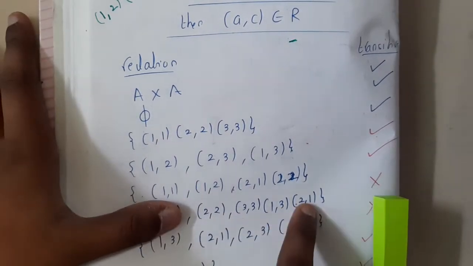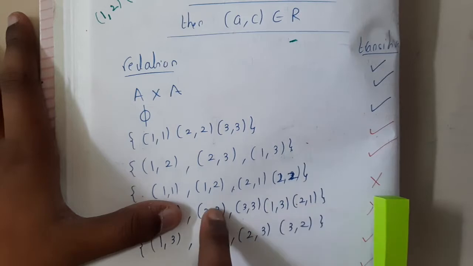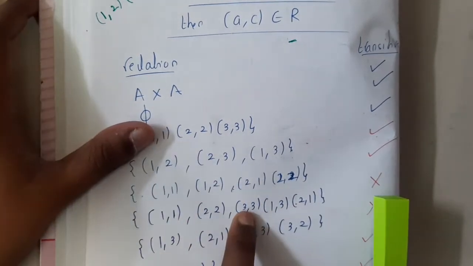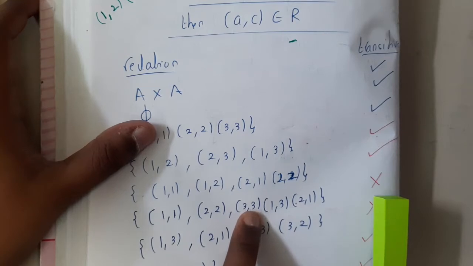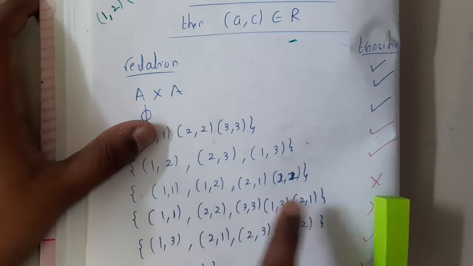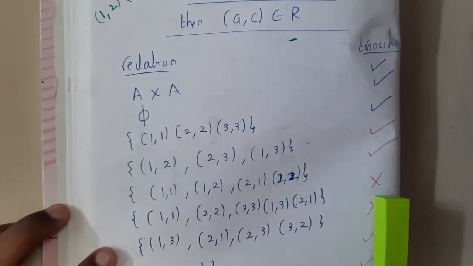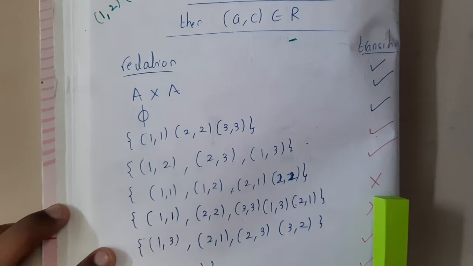So 2 2, the initial part is matching here. So 2 2 with the 2 1 gives nothing but 2 1, so it's already there. So this part is also almost done. 3 3. There is nothing to match with 3 3. Okay, so then why is it not transitive? Did I write it in a wrong way, or is it not really transitive?